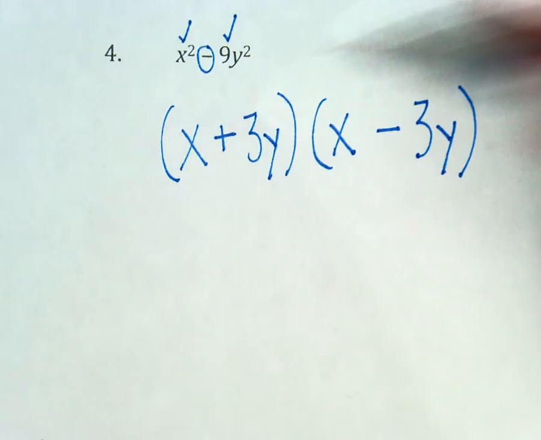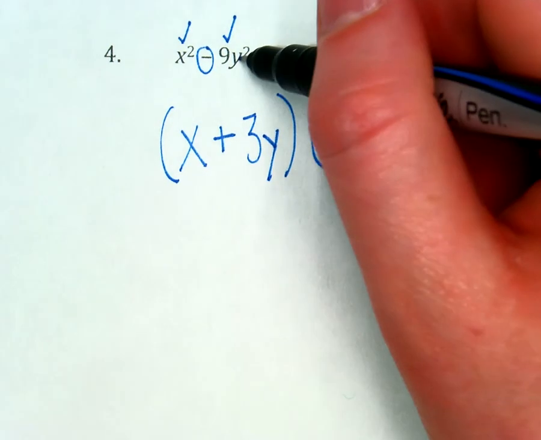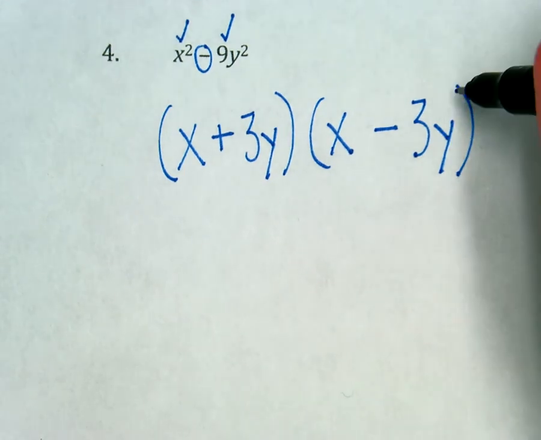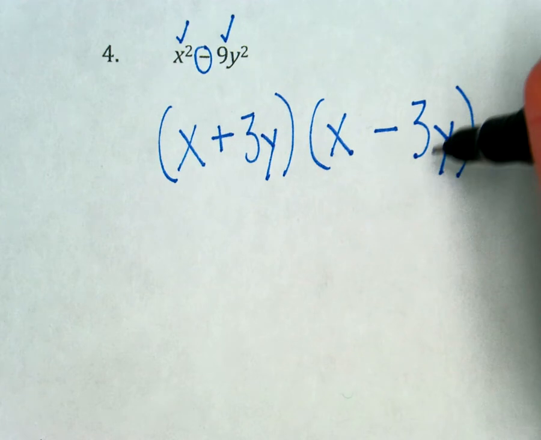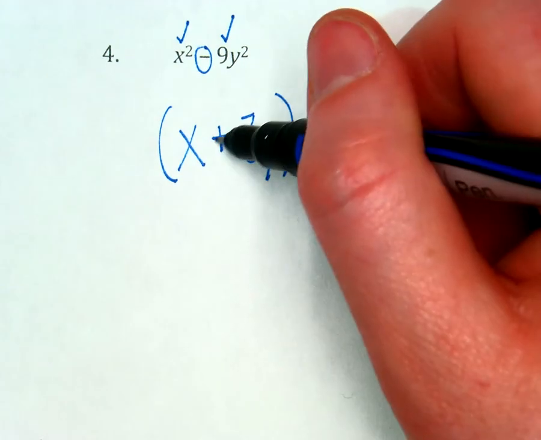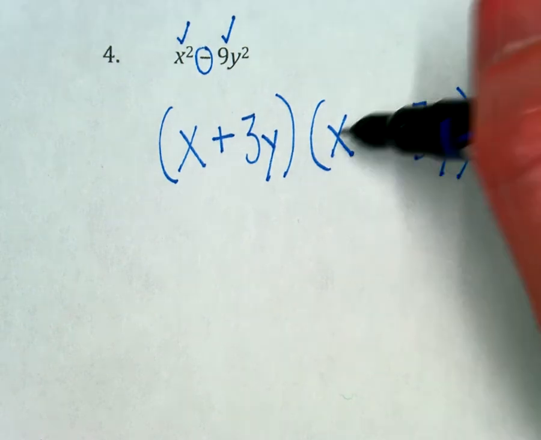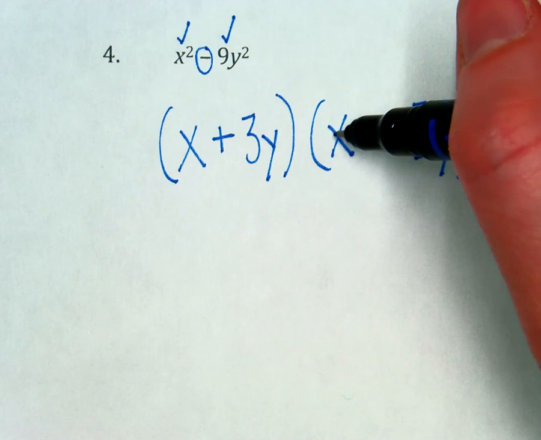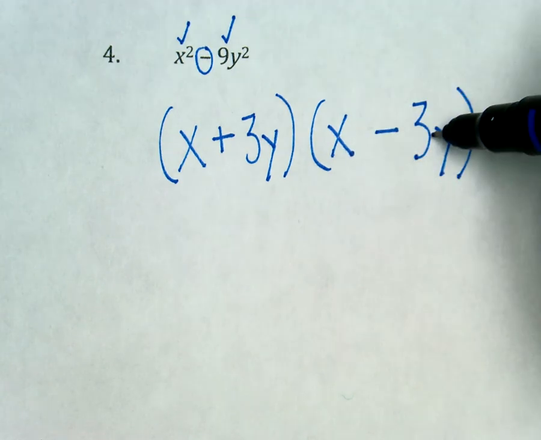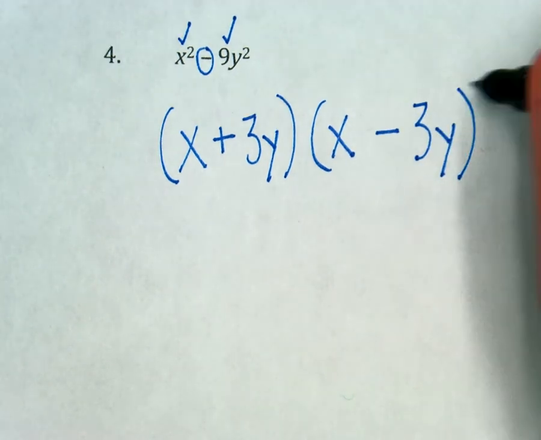And guys, remember, you can always FOIL your answer. And when you FOIL it, you'll get back our original problem. And I can't go any farther here because that's a plus sign with 2 terms. That doesn't do anything for me. Here, this one's a minus sign, but this is not a square anymore, and neither is 3 or y. So we're all set. This is the right